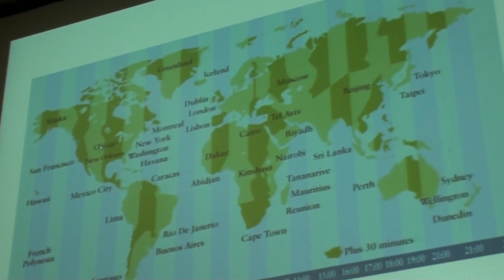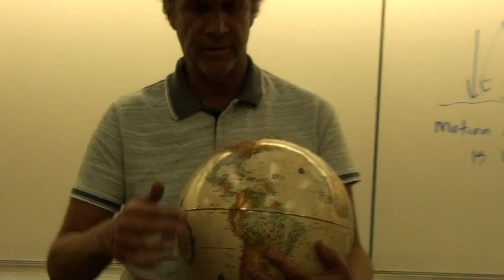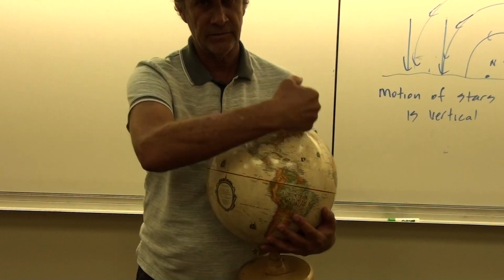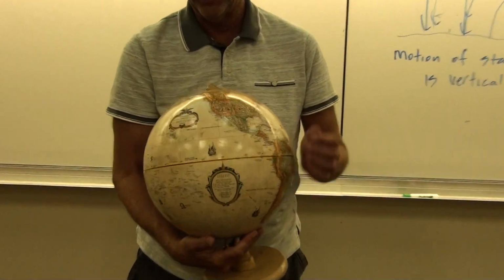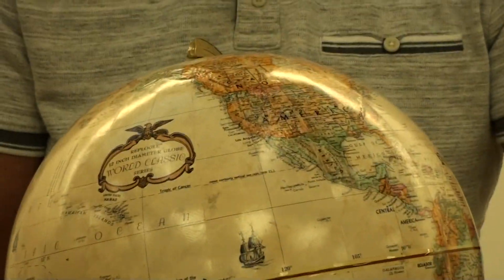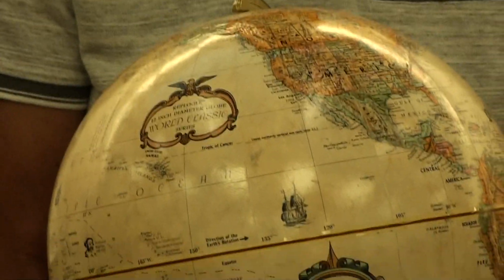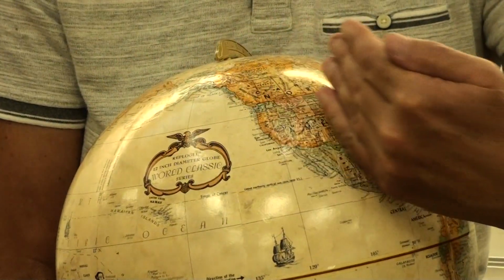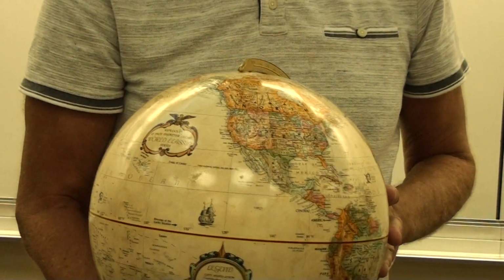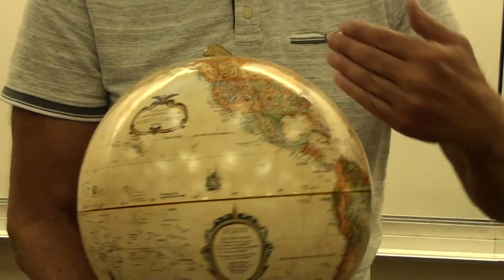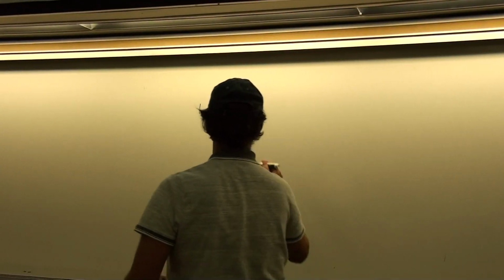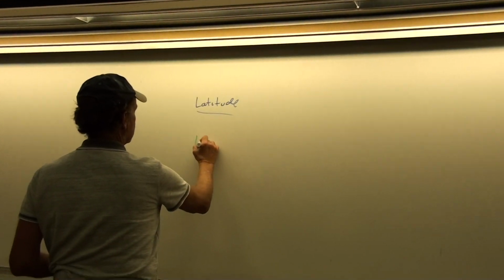Okay, so we can think of latitude as these kind of stripes. And along the axis that connects the North Pole to the South Pole, they call it longitude. I don't know if that's a good way to remember it, but that's how I remember it. So we also need to be able to identify which part of the Earth we're at in this direction as well. And so for longitude, then, we need a timekeeping device.